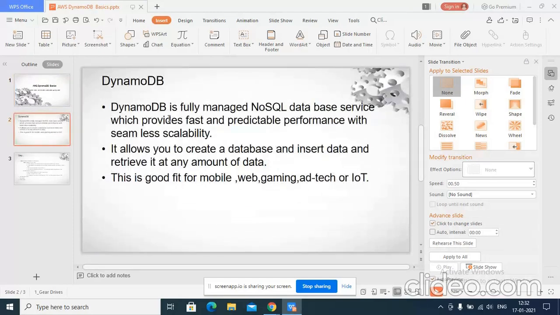As I told you, DynamoDB is a fully managed NoSQL database service which provides fast and predictable performance with seamless scalability. What does that mean? We don't have to care. Normally with a SQL database in AWS, suppose you are deploying an application with one database, and over time the load on the database increases, more users are coming, so you have to scale your application and database as well.